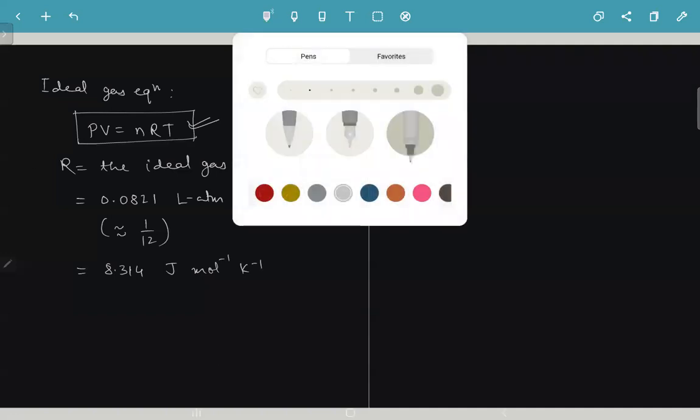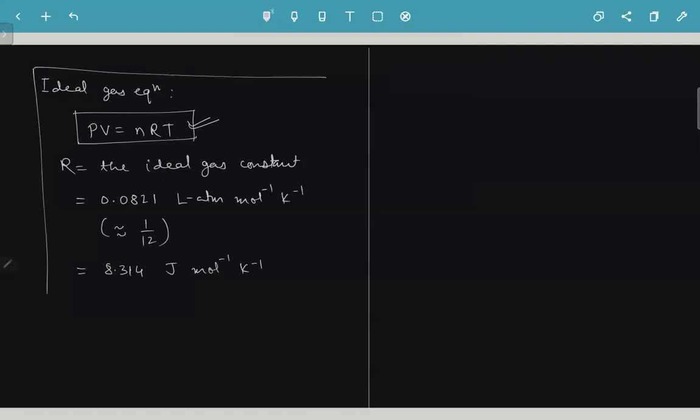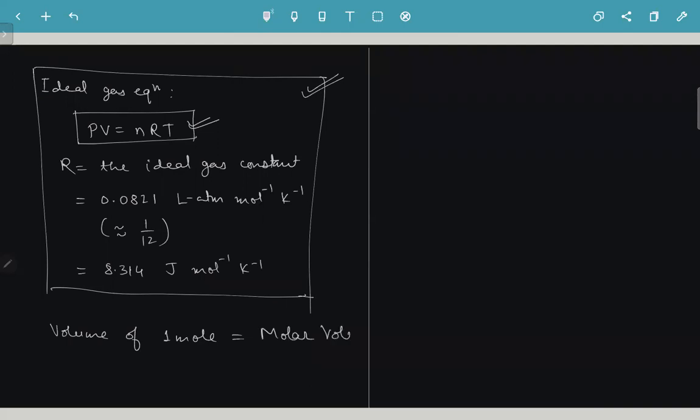Okay, it's from this equation that we can calculate the volume of 1 mole of any gas at STP or NTP. For now, we'll not be using this equation. For now, you will be simply using the result that the volume of 1 mole at STP or NTP is 22.4 liters. Volume of 1 mole is also called molar volume, denoted by capital V suffix M. So what do we get? Molar volume at NTP for any gas is equal to 22.4 liters. The volume of 1 mole is 22.4 liters.